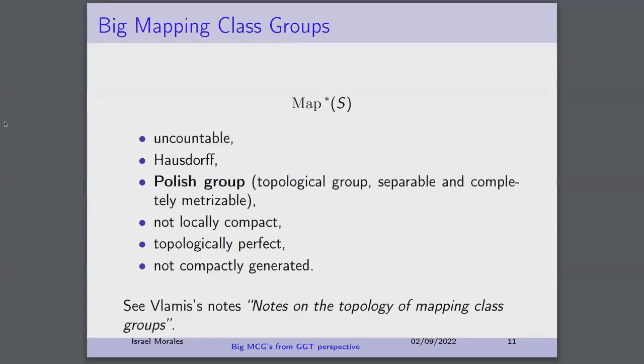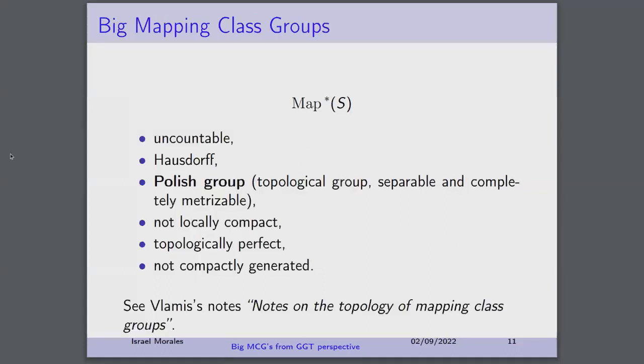On the other hand, on the other side, mapping class groups of infinite type surfaces, or big mapping class groups, as people refer to this class of groups, the topology of big mapping class groups is more interesting. They are uncountable, Hausdorff. They have the structure of a Polish group, that is, a topological group that is separable and completely metrizable. They are not locally compact, and they are topologically perfect, and not compactly generated. So the question here is,